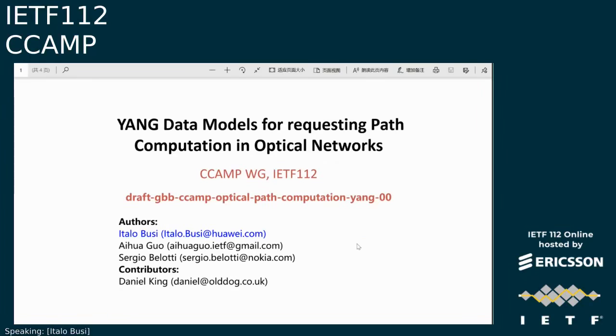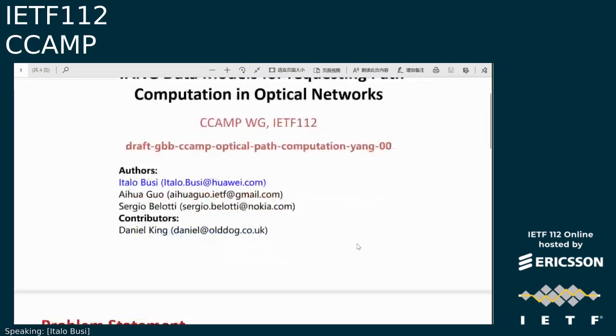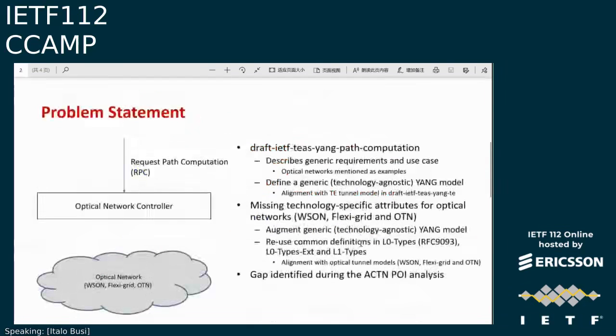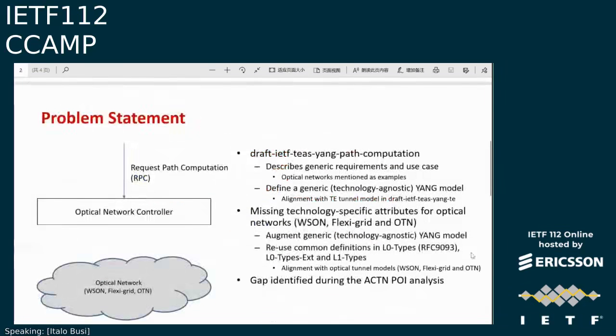Thank you, Mr. Chairman. Okay, I'm presenting a new draft for requesting path computation in optical networks, on behalf of co-authors. Next slide, please, and contributors. Okay, what is the problem that we are trying to solve? It is a problem when we have an optical network, which can be a WDM network, a FlexiGrid network, or even an OTN network, and we would like to request via an RPC the optical network controller to perform path computation over